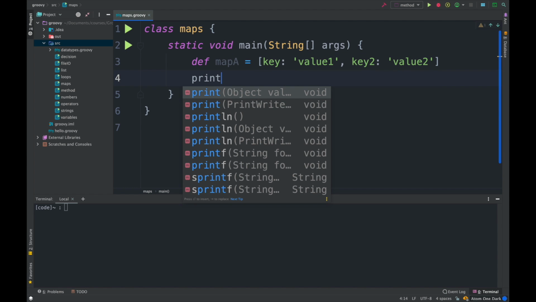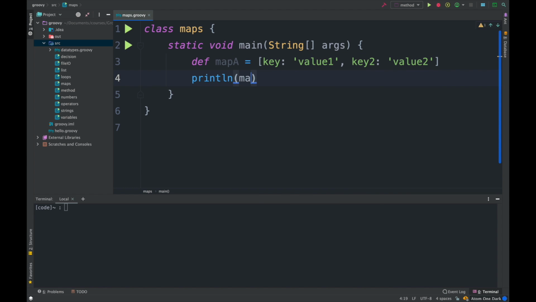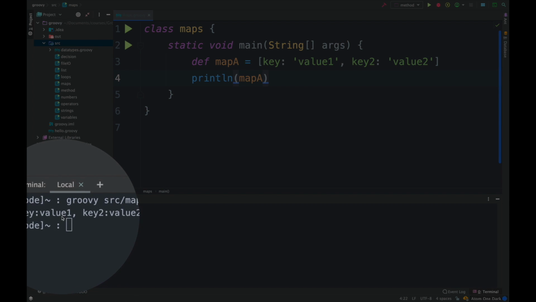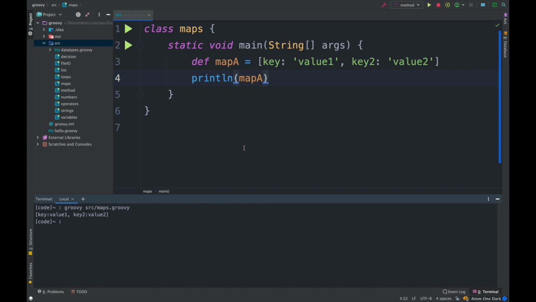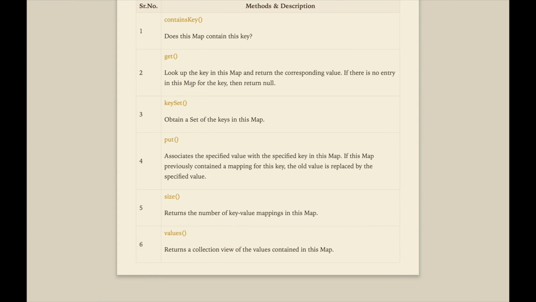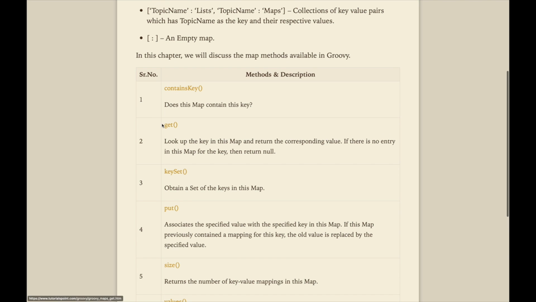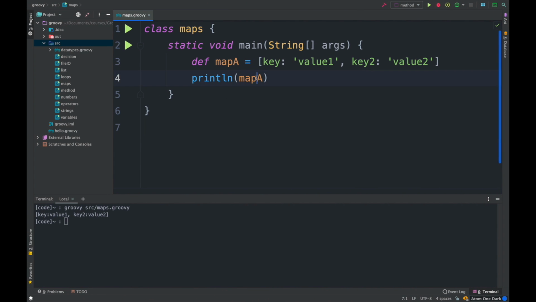We are going to use the println function and just print it in the console. Let's run this file, and we can see we got key1, value1, key2, value2. Now we just talked about how we have some methods that we can use on maps. We got a get method. Let's try that. I'm going to call .get, and I'm going to simply say key2.